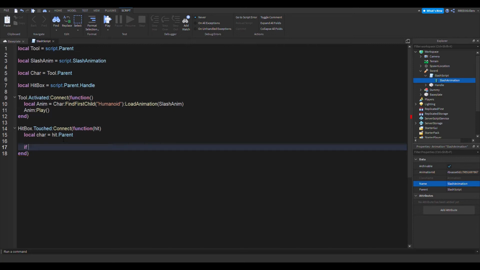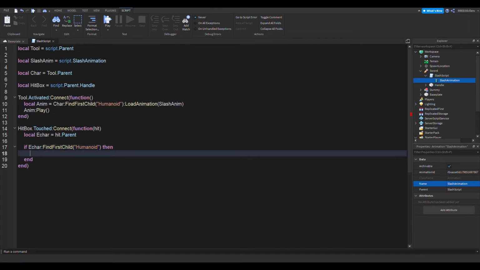Wait, no. Let's make this code a little bit more clear. This is the e char. This e stands for enemy. Okay, so if e char find first child humanoid,